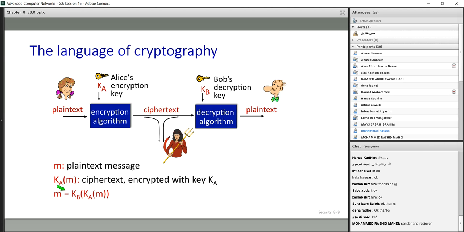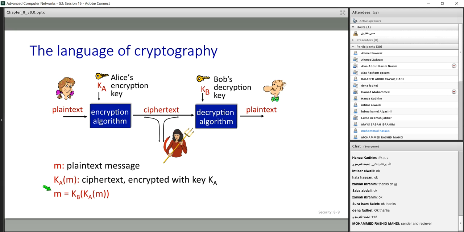So we presented it in this manner here. The main message is M, K of A of M is the message encrypted by Alice's key, and K of B of K of A of M is